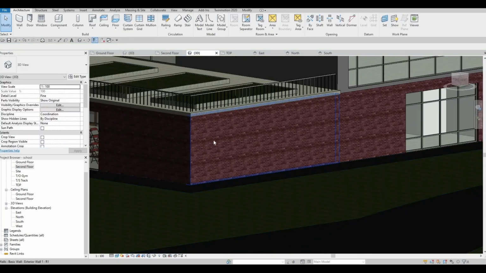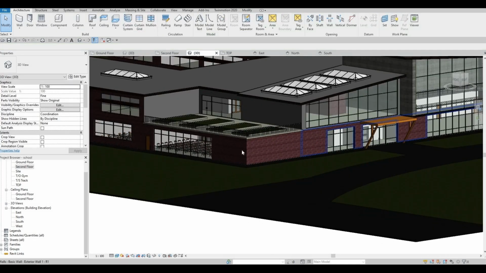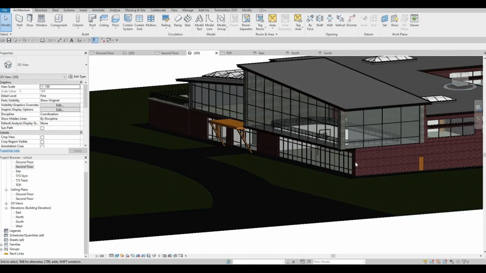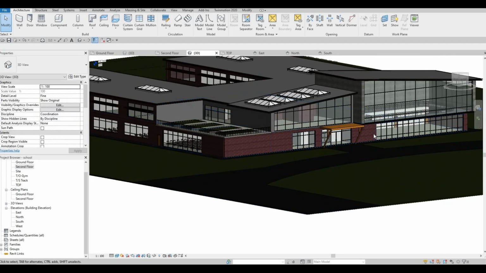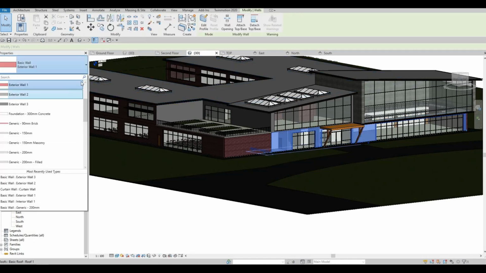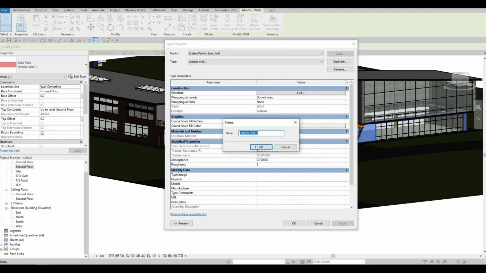Okay. So here we're just gonna change this part to a different one. So let's change this to exterior wall number 4,